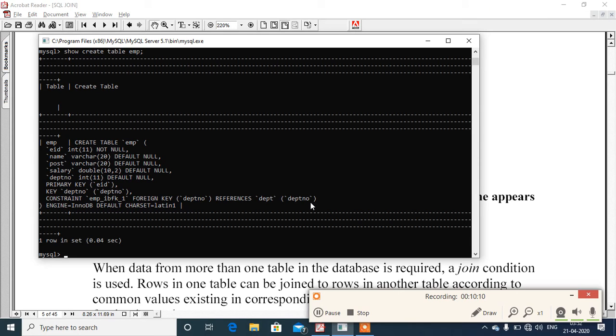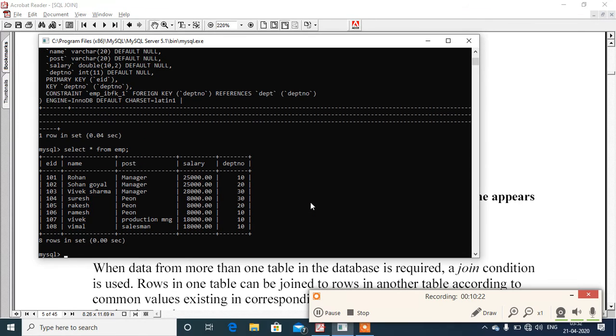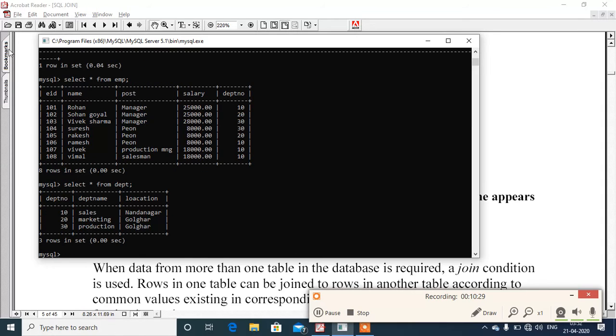Now have a look at the data that we have in both relations. For that I am writing select asterisk from EMP and select asterisk from DEPT. Now you can see in the EMP table we have some random values, EID, name, post, salary and department number, and the DEPT table also has a few values like department number 10, 20, 30 and so on.